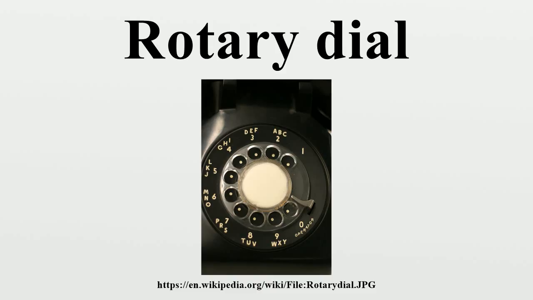In the United Kingdom, the letter O was combined with the digit 0 rather than 6. Older Australian rotary dial telephones also had letters, but the combinations were often printed in the center plate adjacent to the number. The Australian letter-to-number mapping was A equals 1, B equals 2, F equals 3, J equals 4, L equals 5, M equals 6, U equals 7, W equals 8, X equals 9, Y equals 0,